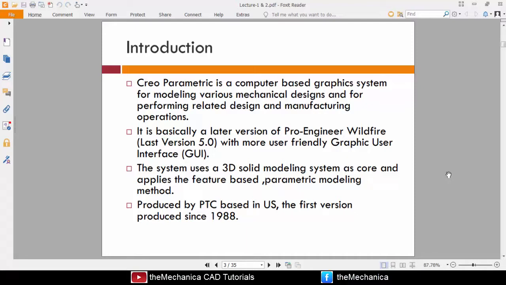So PTC is a company that produces design software. It earlier made software named Pro Engineer Wildfire, which started with 1.0 or 2.0, and later on 5.0 was the latest one. And after Pro Engineer, simply called Pro E as well, they started this new version, Creo. So it started with Creo 1.0, then 2.0, now 3.0, and currently 4.0 is still available in the market as